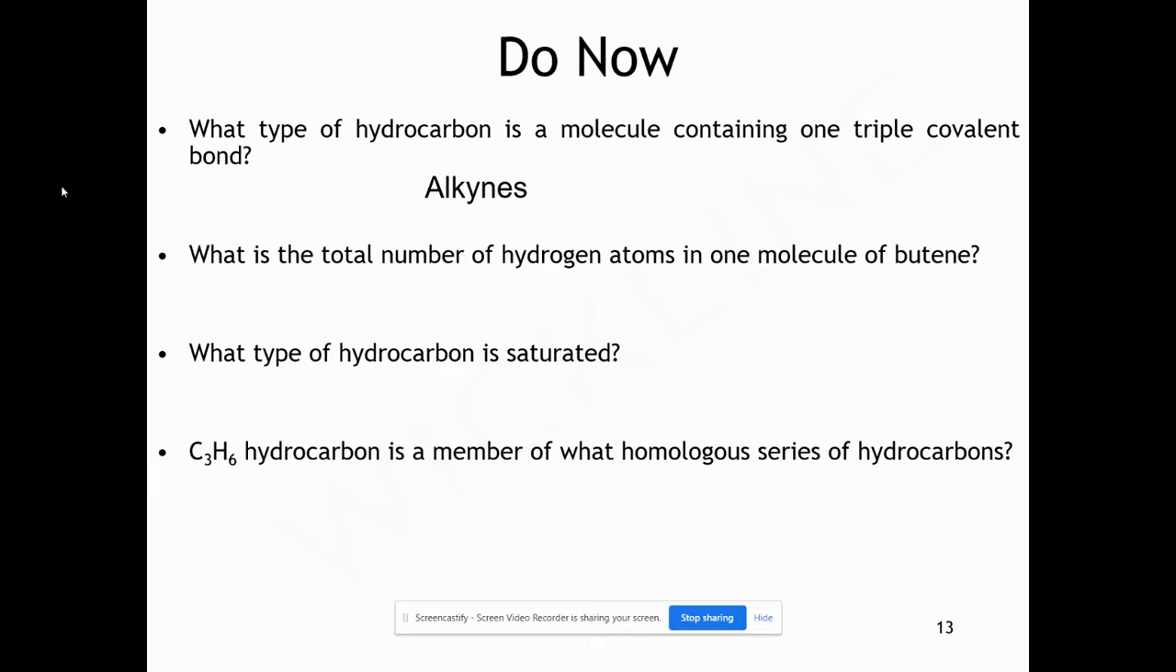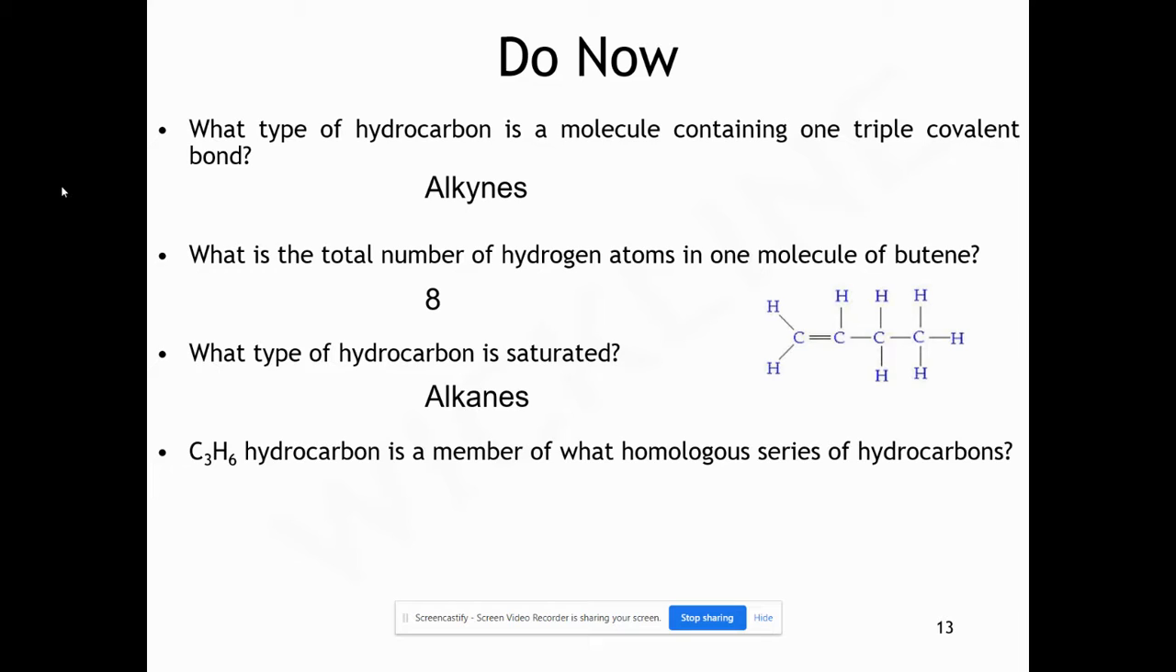So you would have to go and look up what but means. It means 4. Well, it's got an ene, so you look up the general formula. Okay. And then you should come up with the number. What type of hydrocarbon is saturated? Alkenes and